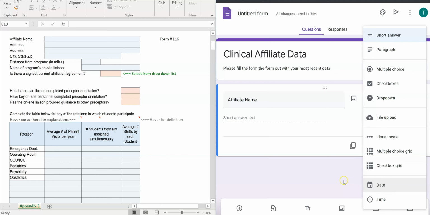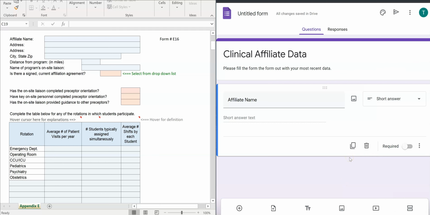Now that is entirely up to you. One of the things that I would recommend is that you put in the affiliate data or your affiliate name, and the information is going in here as a short answer. As a result of that, you want to make sure that you hit required. When you hit required, it's a forced field, and therefore whoever is filling out that form is going to have to finish filling out every one of those fields until it is absolutely complete,